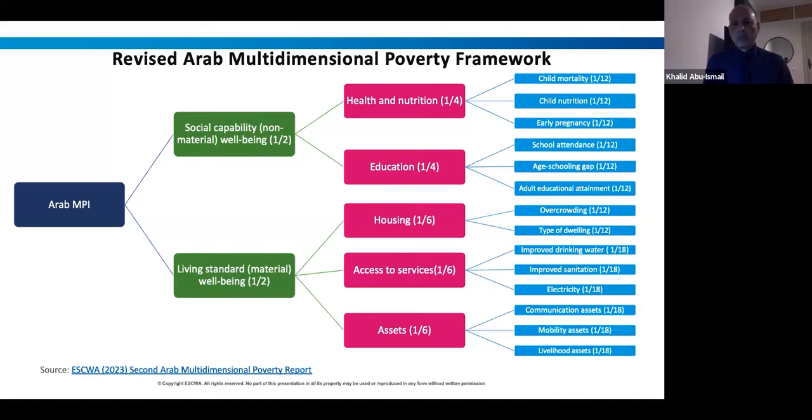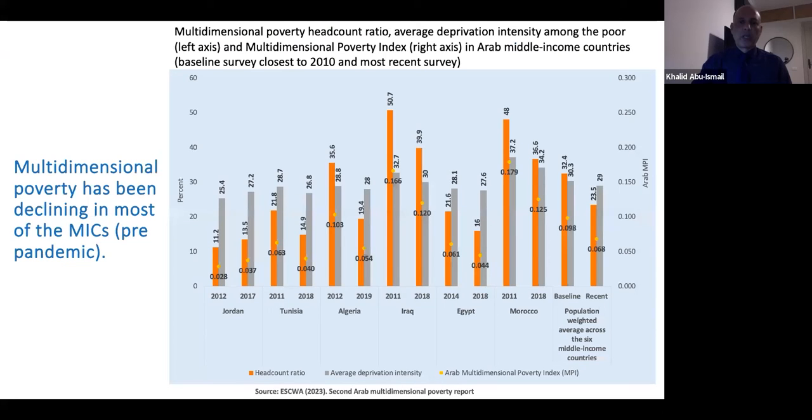And I think you understand perhaps why, when you look at income poverty, we have this shift in focus, because the indicators related to material well-being in the region are actually more challenging than in other regions. And then we set the indicator thresholds through a long consultative process. Corinne might speak to that, almost 3 years of consulting with member countries under the umbrella of the League of Arab States. The technical part of this was easy, but getting countries to actually agree to this index was the difficult part. But it was done, and the second Arab multidimensional poverty report was released early last year,